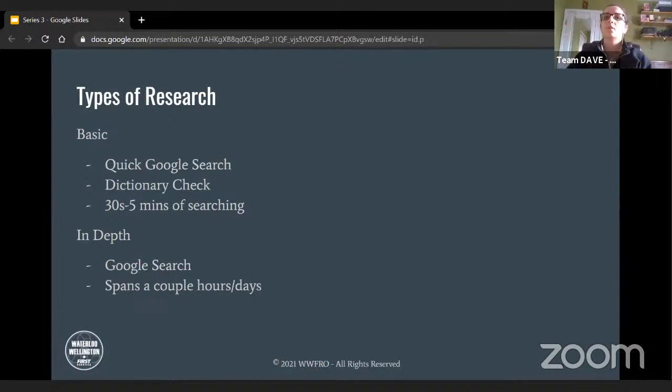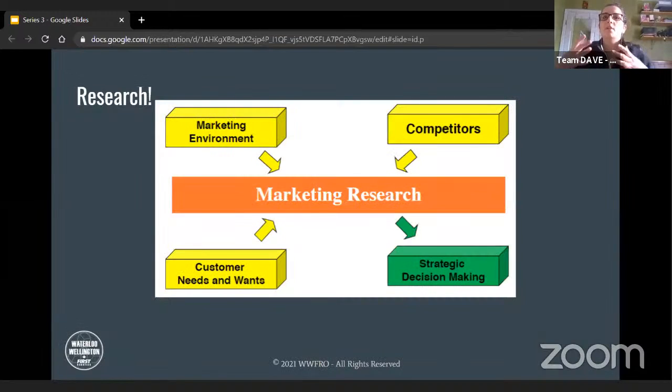So when it comes to marketing research, there are various things: the marketing environment, the competitors, and then the customer needs and wants. The marketing environment includes the internal factors, so your employees, your customers, your shareholders, your distributors and retailers, and the external factors, which are the political, legal, social, technological, and economic things at play that surround the business and influence its marketing operations. These are things that will be affecting you in various ways.